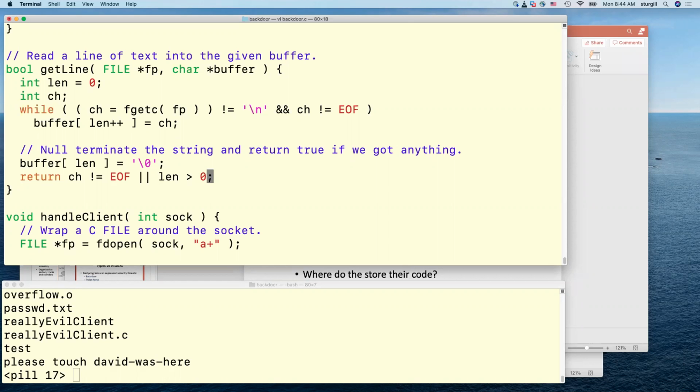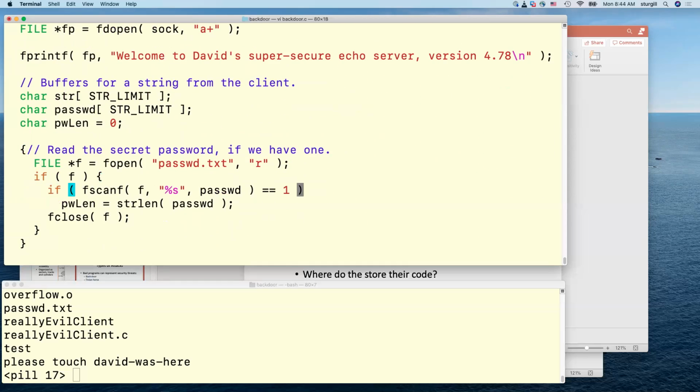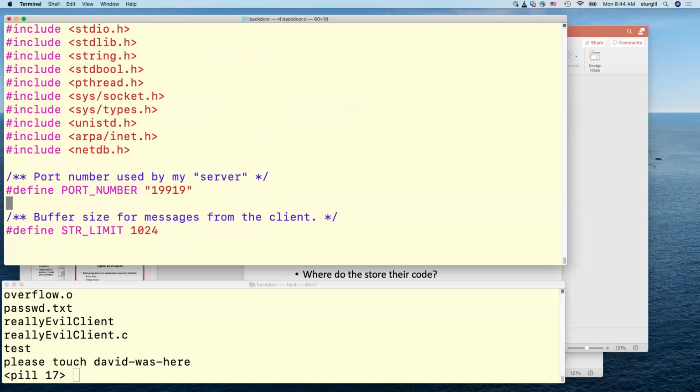But I don't do anything to check for buffer overflow here, which means an attacker could type in a really long string and they could buffer overflow this program. Now here, really long string would have to be string limit. I think if we look up at the top of the source code, I made that 1 kilobyte.